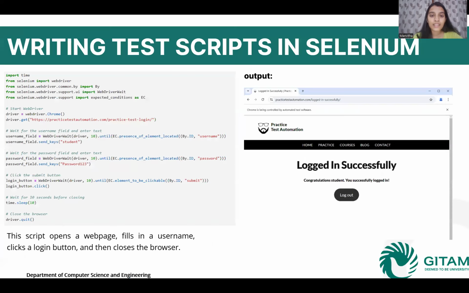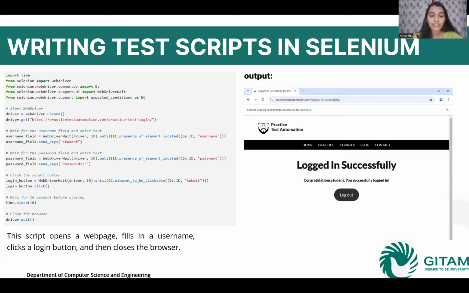So let's see how writing a test script in Selenium works. This Selenium script automates the login process for the practice test automation website. It first launches the Chrome browser and navigates to the login page. Using explicit waits, it ensures that the username and password fields are present before entering the credentials, such as student and password 123.